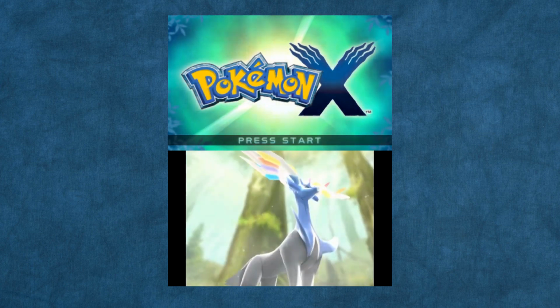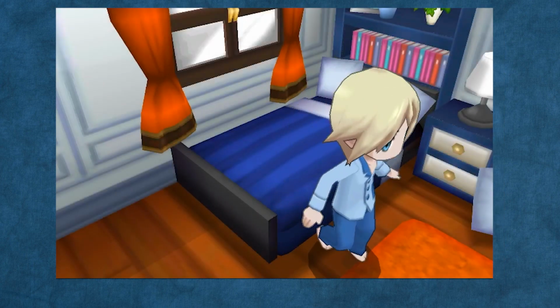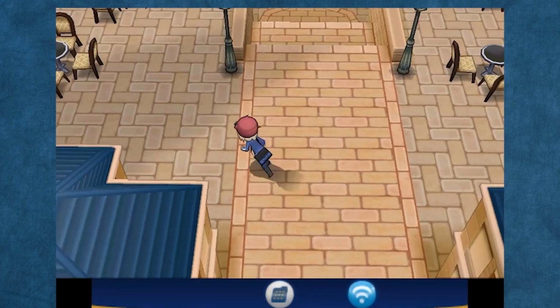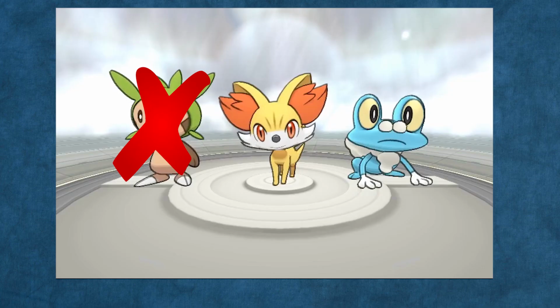So, let's begin. Of course, we start with picking our name, and then we wake up and head through Route 1 to Accord Town. Now it's time to pick a starter. Don't forget that we're going to be getting a Kanto starter later in the run. We just need to pick the one best suited until we get more Pokemon available. And that Pokemon is...